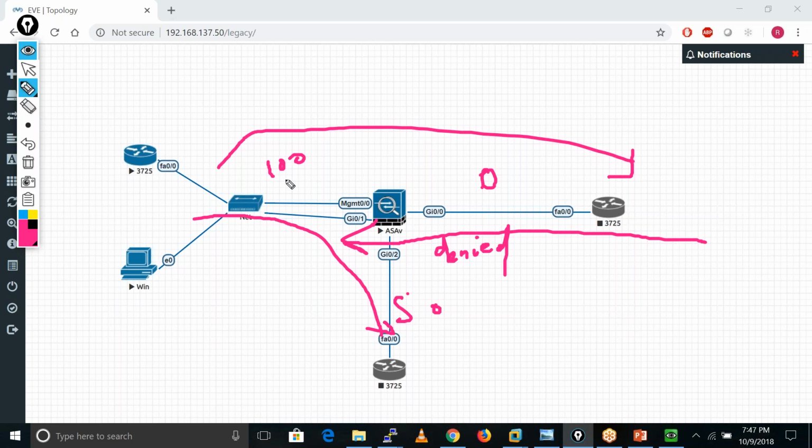Sir, I have one doubt. For the demilitarized zone we are providing 50, but the outside network can access this server. Yes. We have provided 50 here and 0 for outside, so we open an access list to allow the traffic coming from outside users to our DMZ servers. For that we need to open an access list to bypass the security level checks,